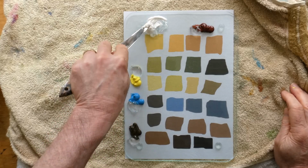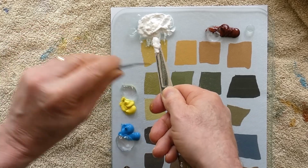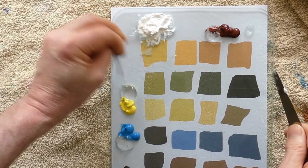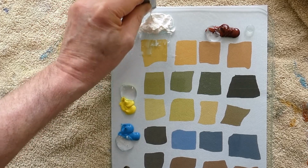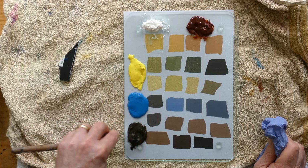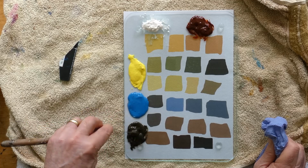I can't get enough control using the painting knife, so I'm using a bit of plastic loyalty card to help. Oh, this is horrible. I'm already regretting my decision to use the slow drying medium. I should have stopped using the medium, but I persevered and ended up creating nasty pools of each of the